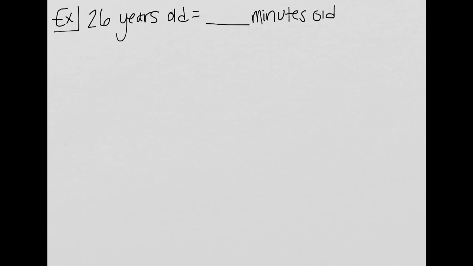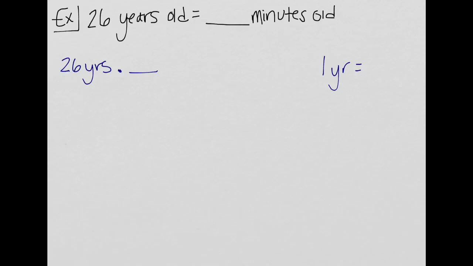So another example. Let's forget common sense for a minute. Let's actually look at why this works. So again, you want to write what they give you first, so 26 years. But we need to get from years, and again, it's going to be a lot of multiplication, some unit rates, from years to minutes. Well, let's write what we know. We know that 1 year, and I'm trying to get down to minutes, so I need to start getting smaller. So 1 year we could say is